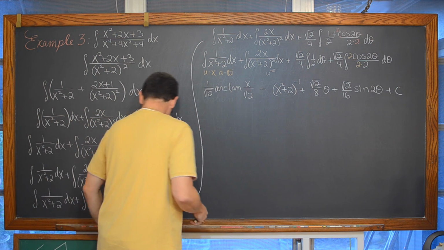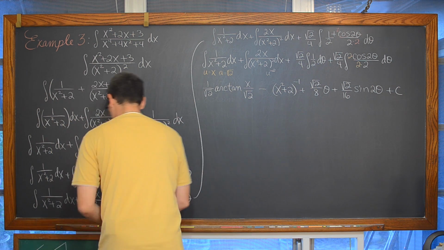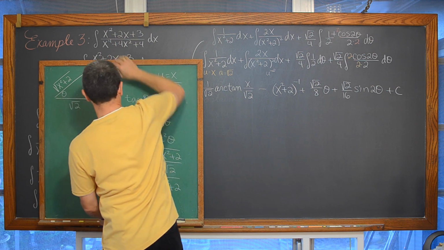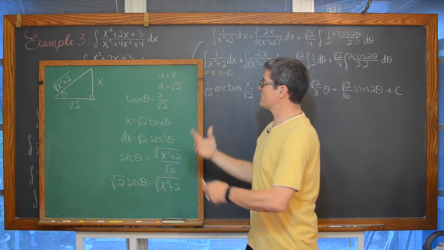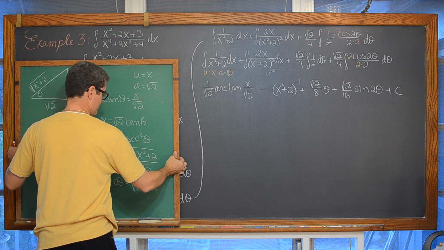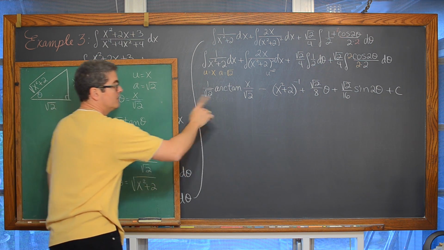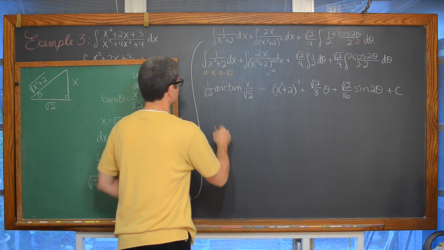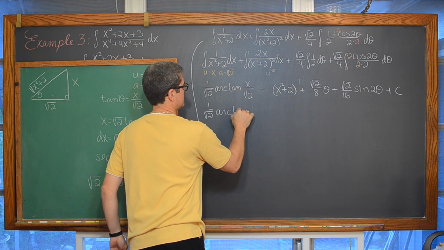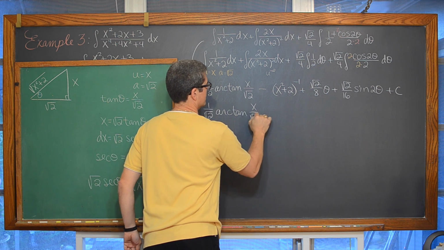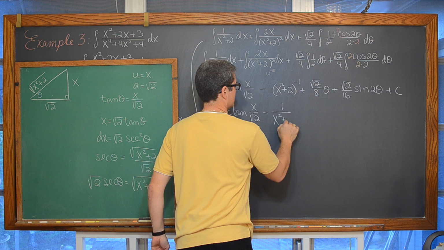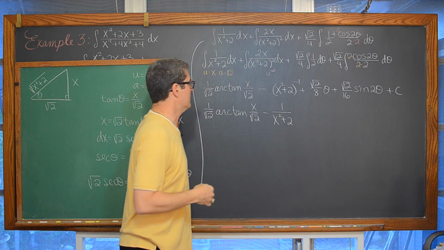And now we're going to get back up to our board with our relationship between x and theta, and let's get this thing finished and remove the references of theta because they weren't in the original problem. So we're looking at 1 over the square root of 2 arctangent of x over the square root of 2 minus 1 over x squared plus 2, of course just getting rid of that negative exponent.